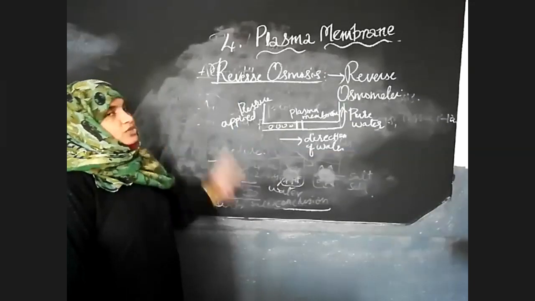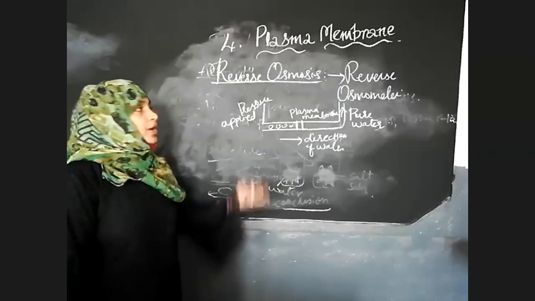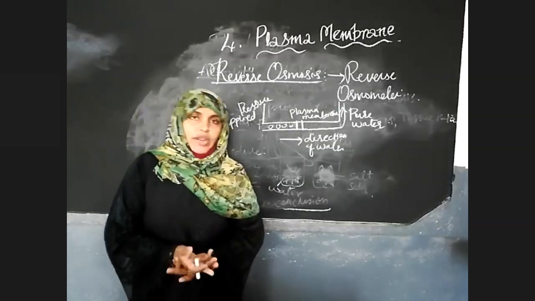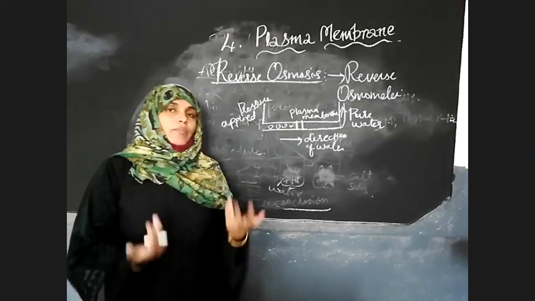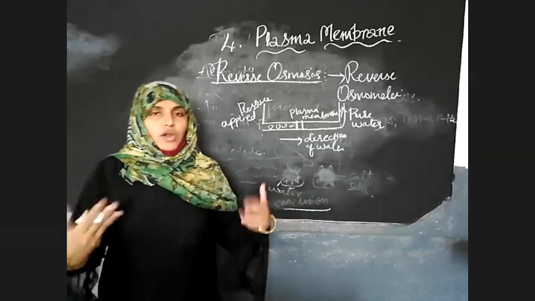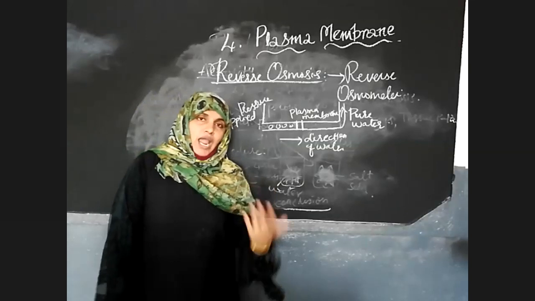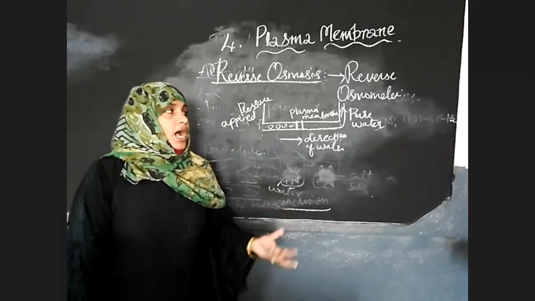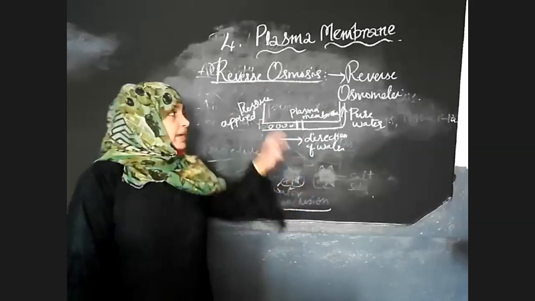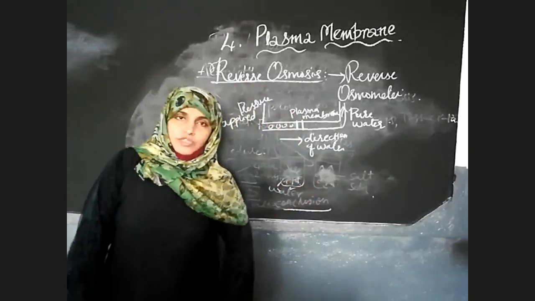Okay, so where is this reverse osmosis used? Till now we are using this reverse osmosis process to get the salt which we are eating, sodium chloride, NaCl, the common salt which we are eating to taste our food items, without which we cannot taste any food items. That salt is prepared by this reverse osmosis process.